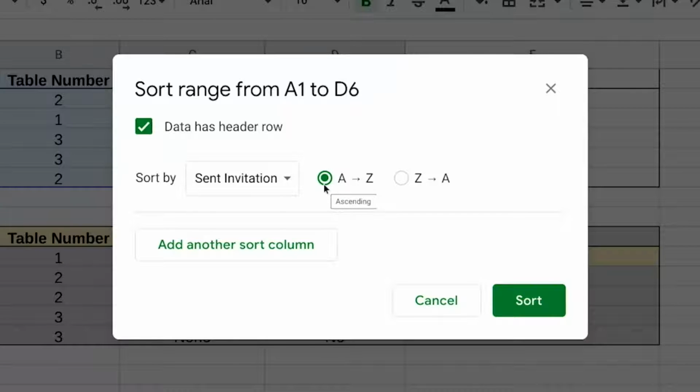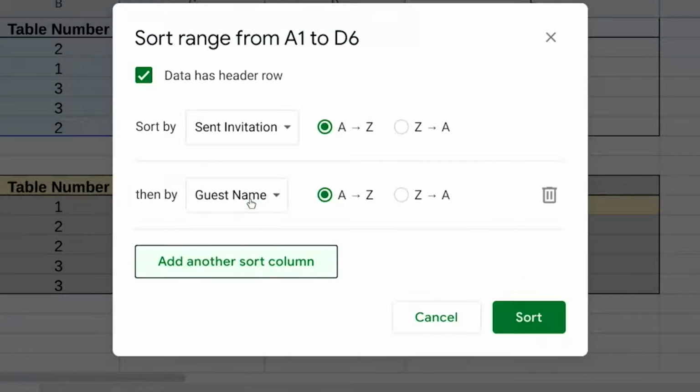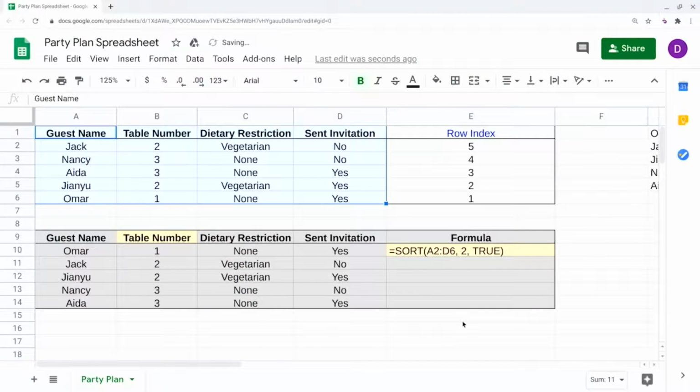Because we want to add an additional sorting condition, we'll now click on Add another sort column. The guest names should be in alphabetical order. So let's select guest names and sort from A to Z. Then we'll click Sort. And voila! You've officially applied a custom sort order like a champ.